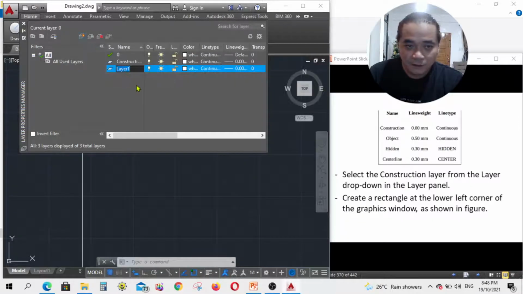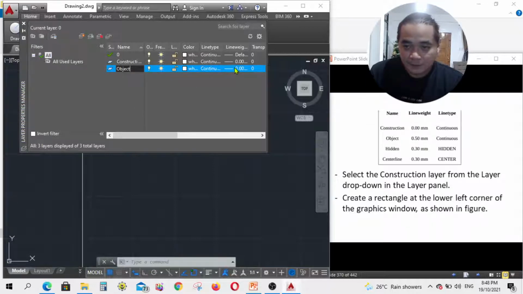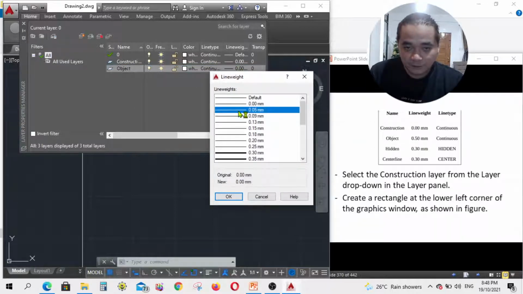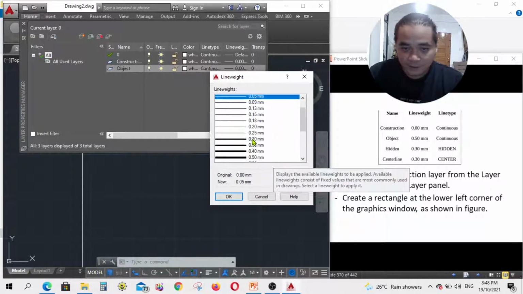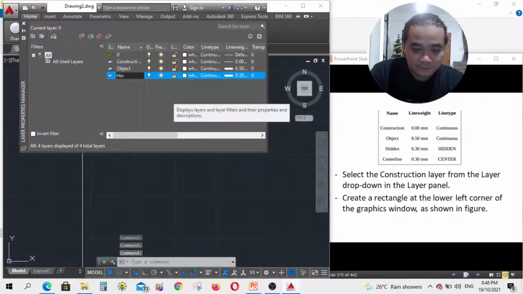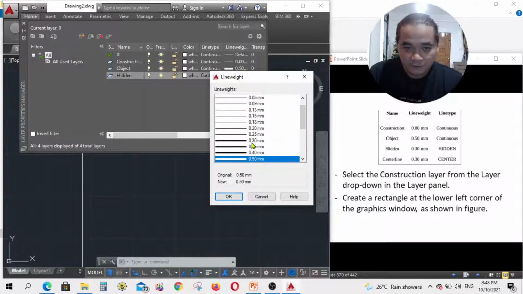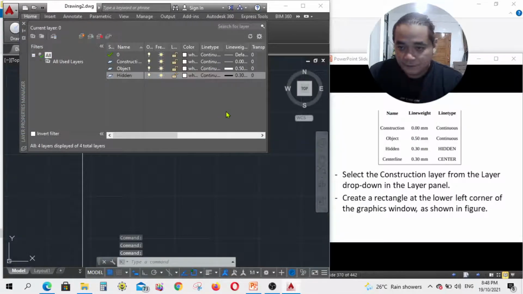Next we have object, with the line weight 0.050, then continuous. Then the third layer is hidden, with the line weight 0.30, then the line type is